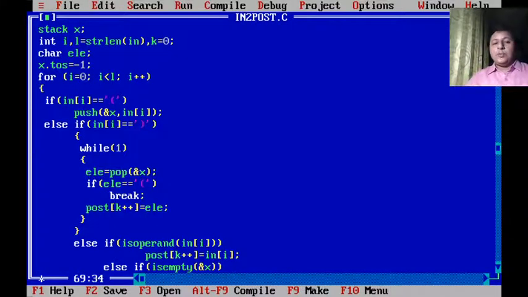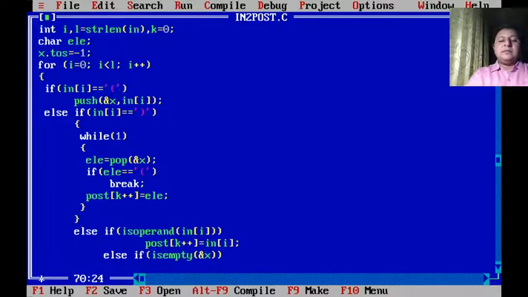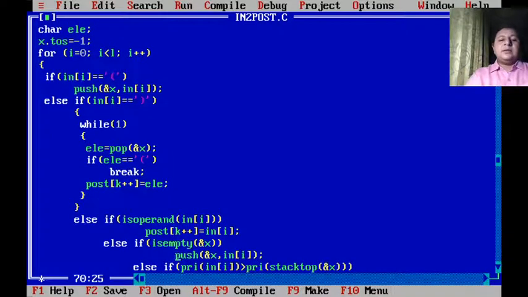Now, if it is not opening, not closing, and not an operand, then it has to be an operator. So the very first thing I check is if the stack is empty. If the stack is empty and I got an operator, I simply push. Else means I got an operator, but the stack is not empty now.